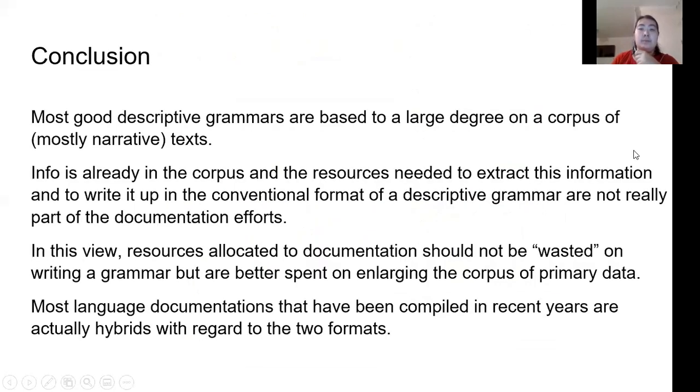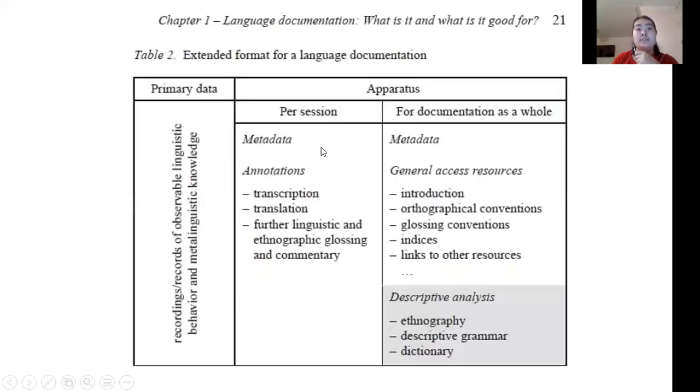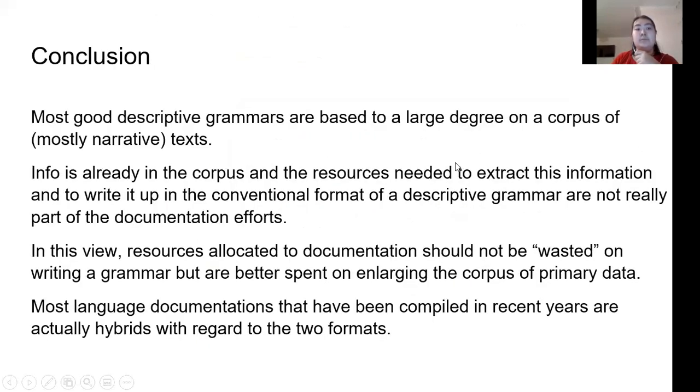But Himmelmann concludes with the thought that such a format is also not feasible because most good descriptive grammars are based on a corpus.